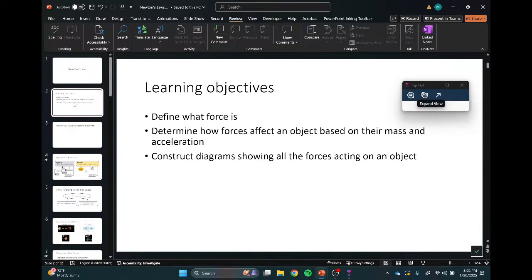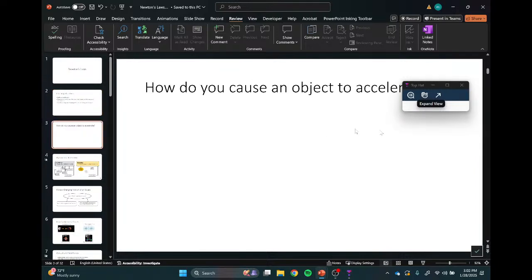So today we'll probably get through pretty much this entire thing, almost all of it, if not all of it. And then next class and the ones moving forward, we'll start to get into equations and math and applying it. So this is a concept-heavy day today. We're going to define what a force is, and then the relationship between force, mass, and acceleration, and free body diagrams, and all that good stuff. The bread and butter of forces: what the heck are they?